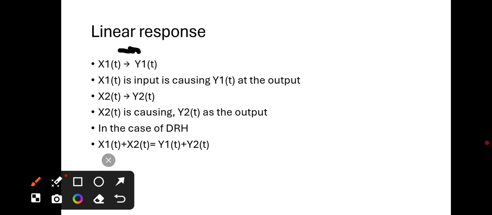x2(t) is causing y2 as the output. In the case of direct runoff, x1(t) plus x2(t): two different storm hydrographs, rain occurring one after another. The total runoff in the river is simply the sum of the runoff generated by each individual storm. So we get the